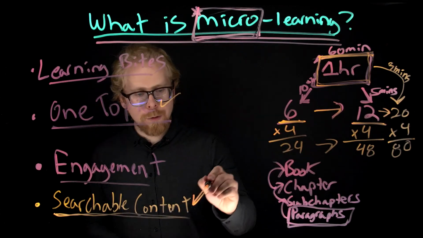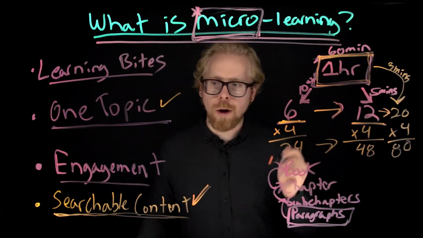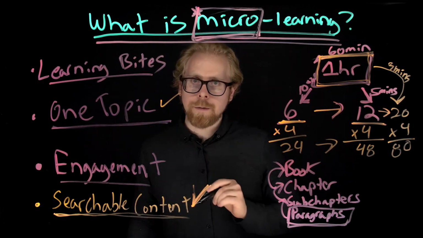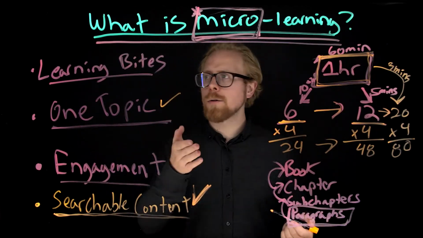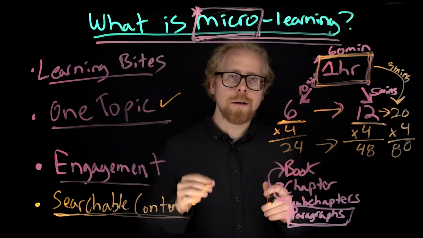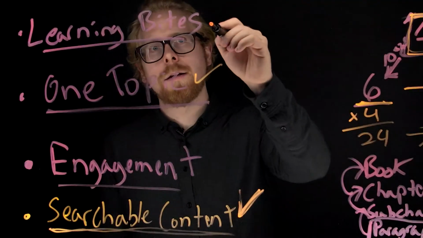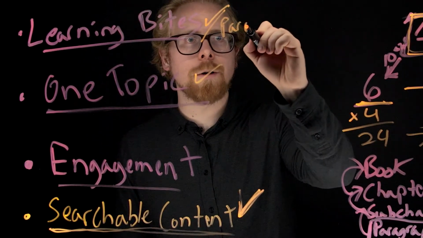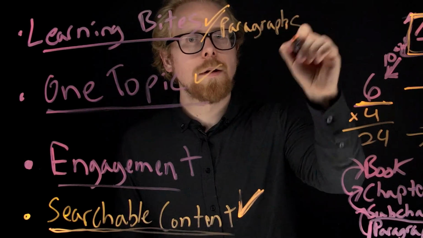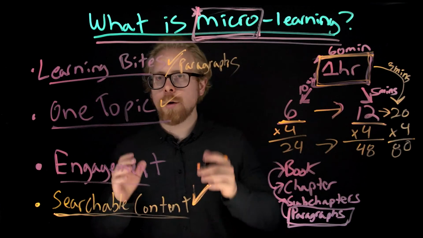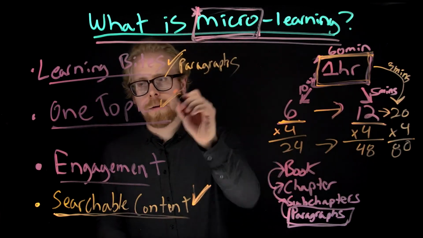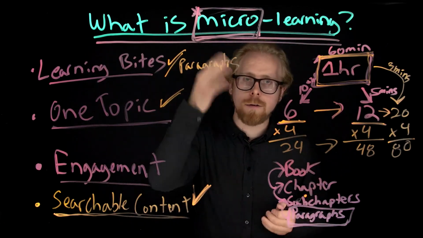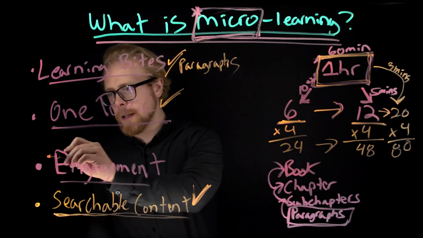So that's the cool thing when you apply microlearning to e-learning, to online learning, is you get this bonus metric of searchable content. To recap, microlearning is when you break down any kind of topic into learning bites, learning bits, learning paragraphs. These are those paragraphs. What do these paragraphs do? They focus on one topic only, just one topic. What is the purpose of breaking down these pieces of content into microlearnings? To increase engagement. That is the purpose.